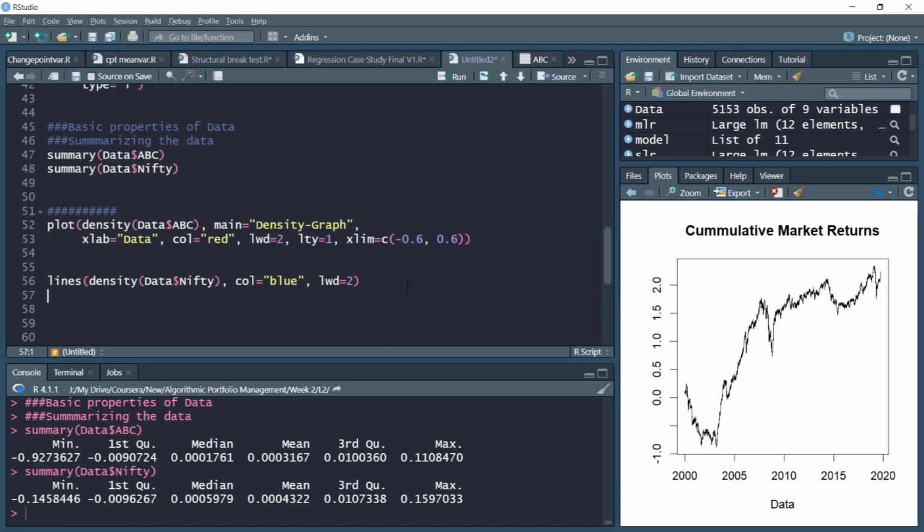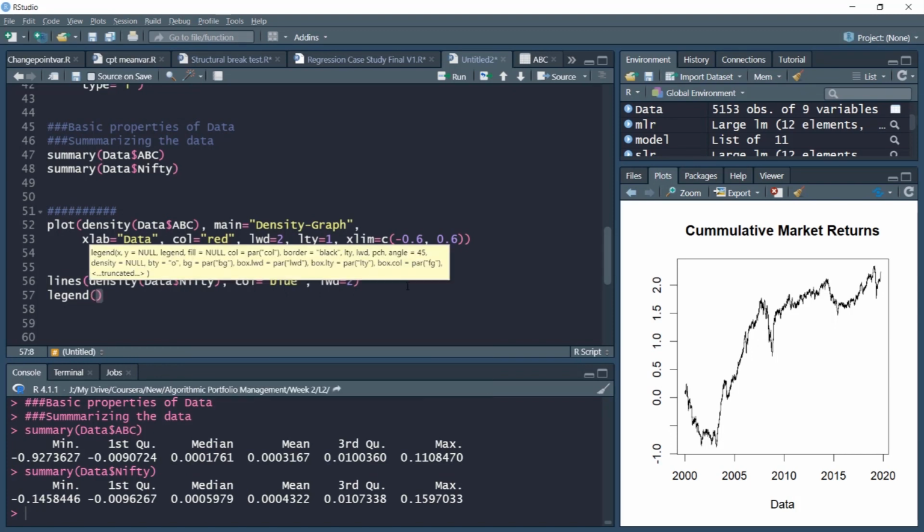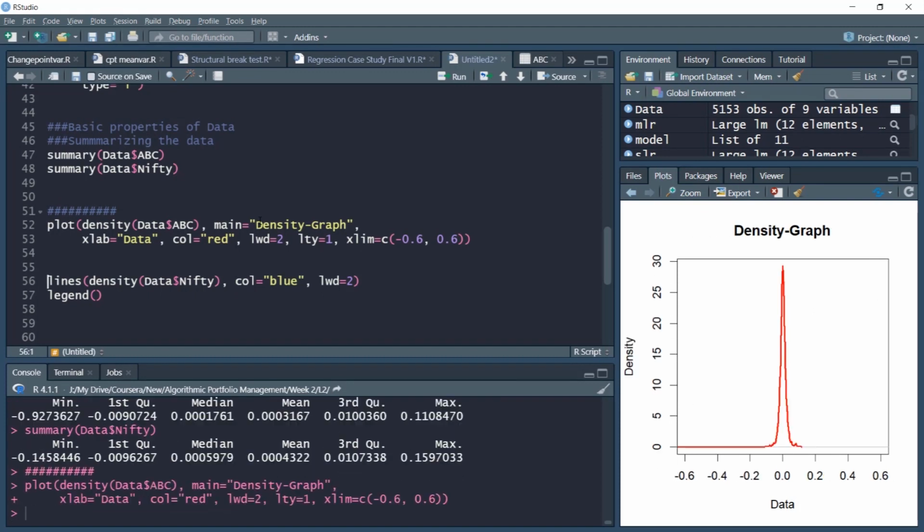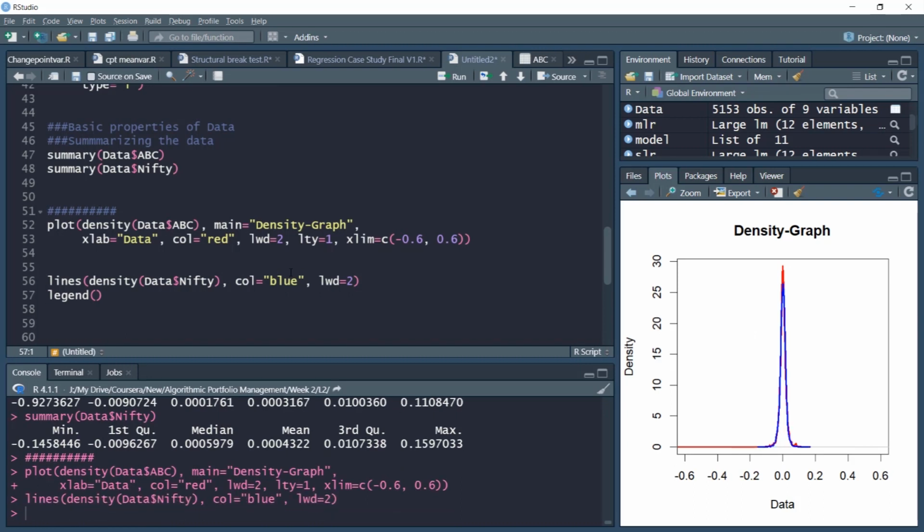Then I would like to add a nice legend on one side. In order to check this, first let me plot, okay, so this is my plot of ABC return, then my density plot. In blue we have Nifty. Now there's some empty space on the top left, so I'll use that space to put my legend here. So top left, and I'll use C,